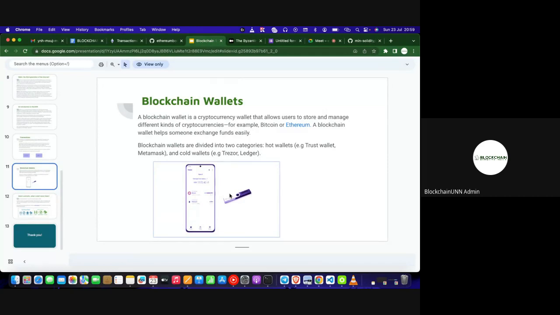But for a hot wallet, you can simply head to the Play Store and download Trust Wallet or MetaMask to start using them. So blockchain wallets are basically what you can use to store transactions and cryptocurrencies. But our focus is not going to be on storing cryptocurrencies, since we are not traders, right? Blockchain wallets are also gateways from which you can interact with smart contracts. So you cannot interact with a decentralized application or an application built